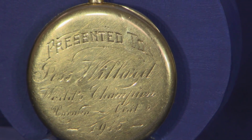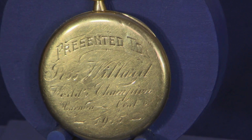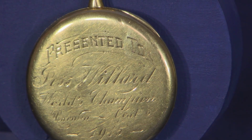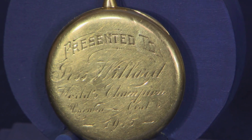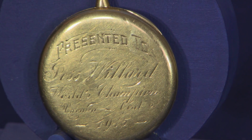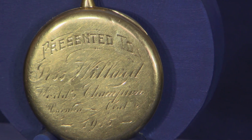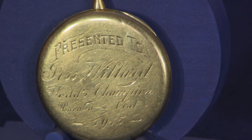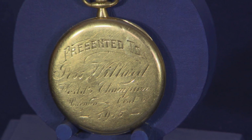Featuring intricate detailing and robust craftsmanship, the watch is a testament to early 20th century horology. Crafted from 18-karat gold, it boasts a durable case and a clear, legible dial. When flipped over, the back of the watch reveals an engraving that reads, "Presented to Jess Willard, heavyweight champion, Havana, April 6, 1915." This inscription, along with its historical significance, makes this watch a highly valuable collector's piece, placing its